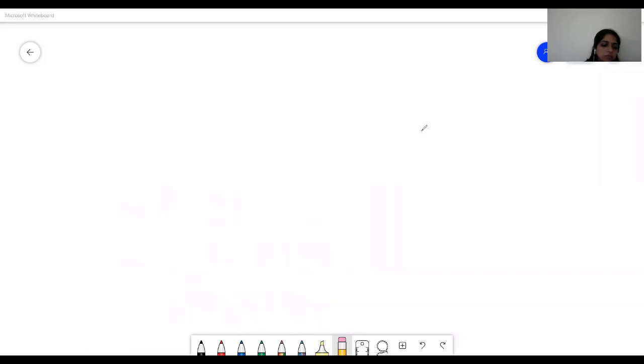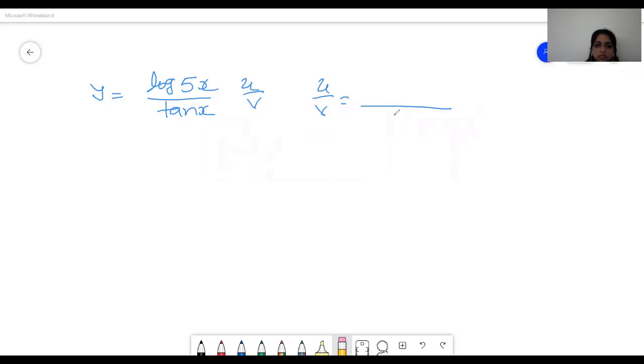Now, what about y equal to log pi x, log phi x upon 10x? Okay, see students, this is u by v. So the u by v rule is v square, v derivative of u minus u derivative of v. So if we apply this rule in this example, then y dash is equal to